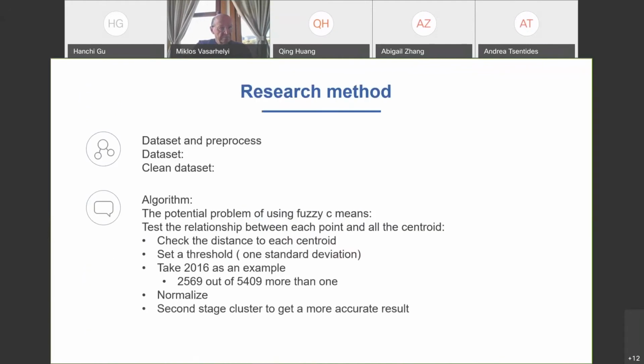The research method here is as follows. First we get the data from all the 10-K files from the official SEC website, and we use the data between 2012 and 2018. We find that we have 54,496 files. After we clean the data, we only have